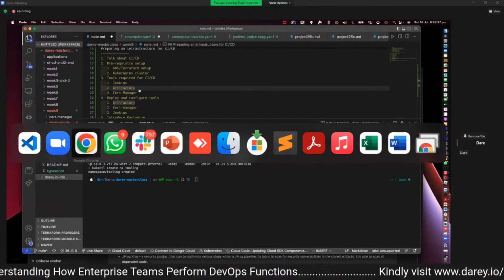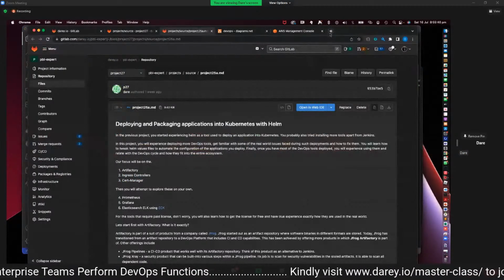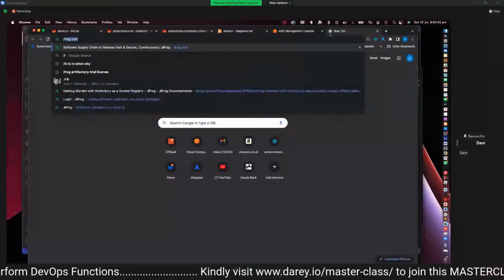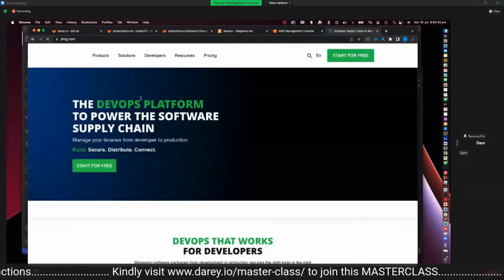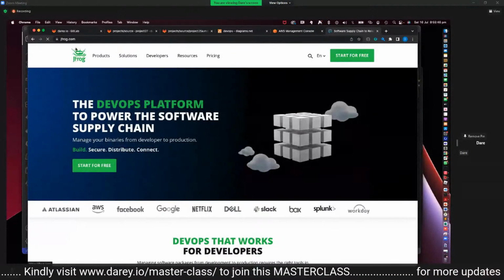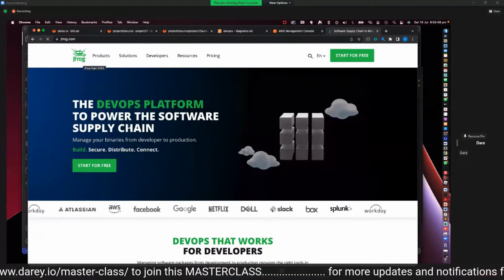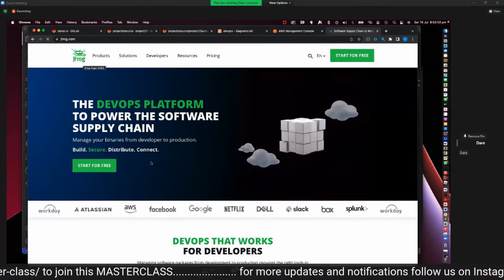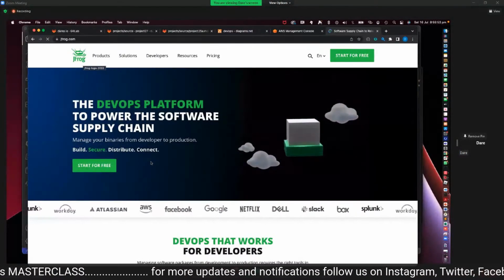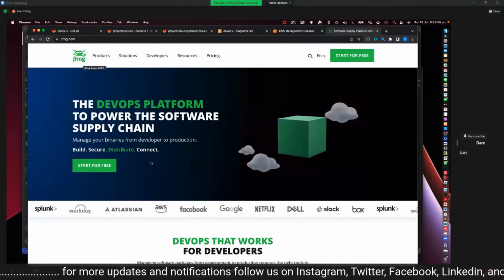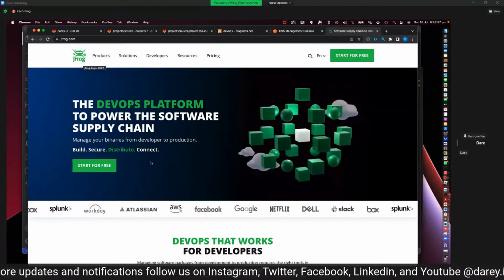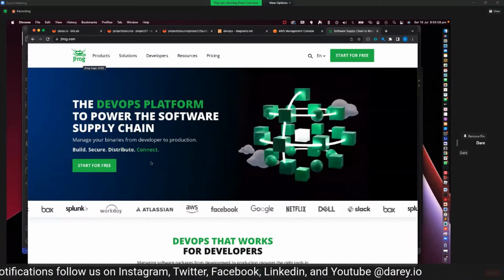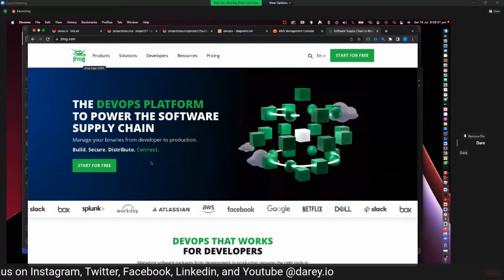So let's quickly go to JFrog. If you've heard of Artifactory before, it is a tool from a company called JFrog, and it does a lot of things, but our focus is to be able to use it to configure private Docker